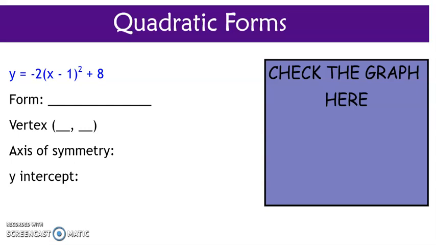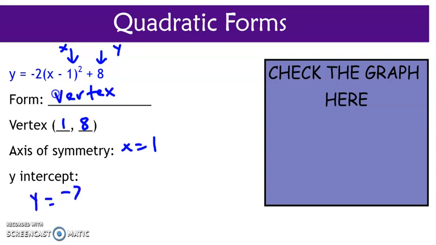Last example here, we've got vertex form. Again, in the parentheses, that's opposite, so it's going to be a positive 1, and then the y value is here, and that's the same, so that's positive 8. Our axis of symmetry is going to be x equals 1. We're going to plug in 0 for x, and once we figure all that out, we end up with